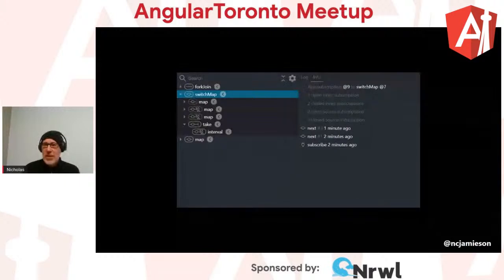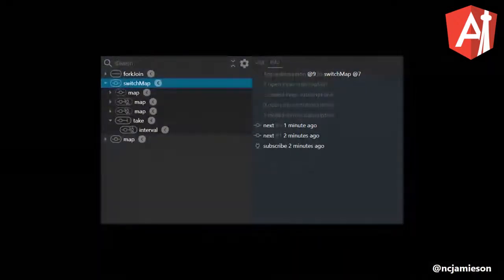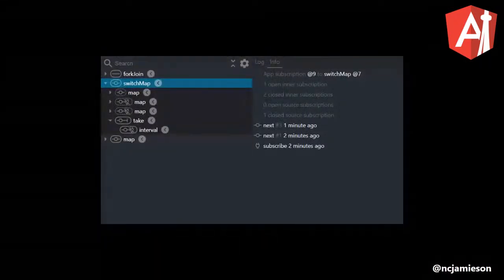The information on the right-hand side gives us the same sort of information in text format. We can see that there's one open inner subscription and two closed inner subscriptions. We can see the first and the last values that were emitted from the switch map, when they occurred, and when the subscribe occurred. So it's pretty useful. We can get a good overview of what's actually happening in the application. We can focus on particular subscriptions, and it's far more visual than the command line interface that we had for